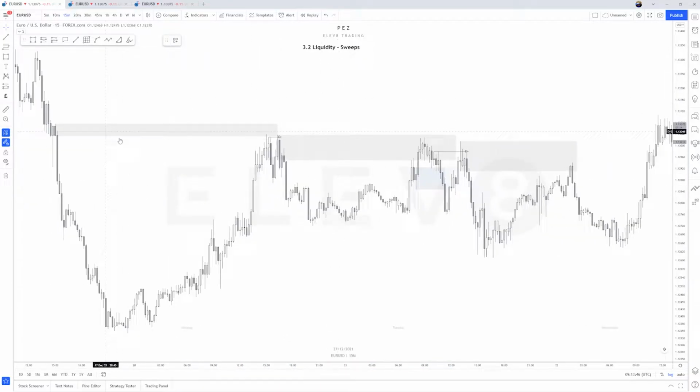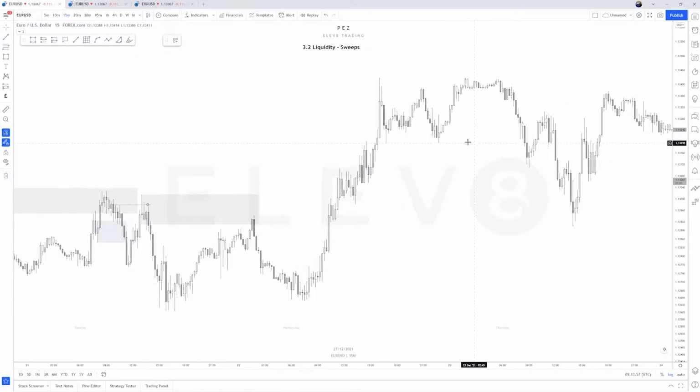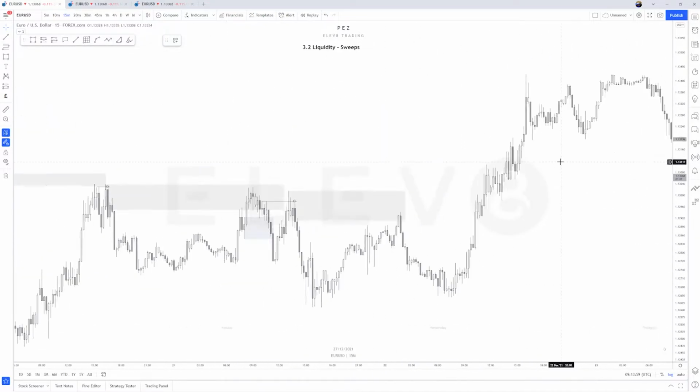So as you can see, we've got this supply chain formed here, and this is the perfect scenario because you've got sweep, sweep. So obviously we're trading short. Price then takes this out, and yeah, if you've got any questions on this, leave them in the Discord below,